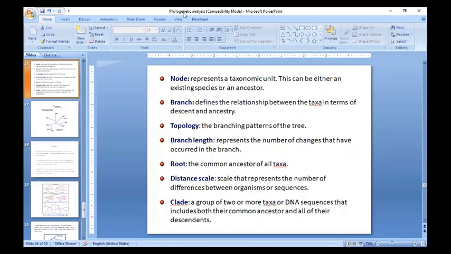Now I will show you how to download the sequences for getting ready for phylogenetic analysis. So for that, we will find the